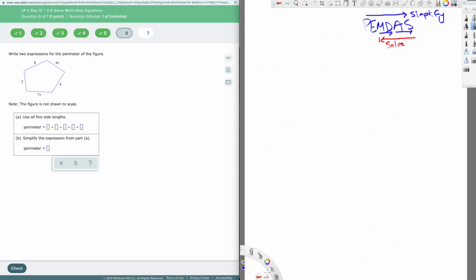Okay, so write 2 expressions for the perimeter of the figure. Note the figure is not drawn to scale, so they don't want us to do any kind of measuring. They don't want us to take out a ruler or anything like that. So if we're thinking of the perimeter of a figure, number one, we need to know that the perimeter means